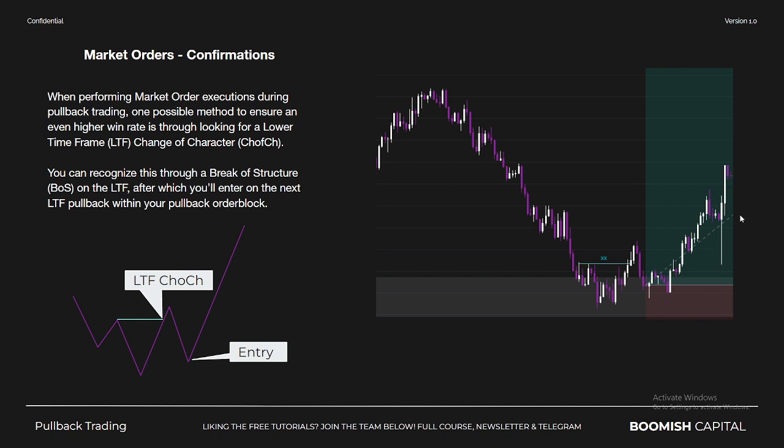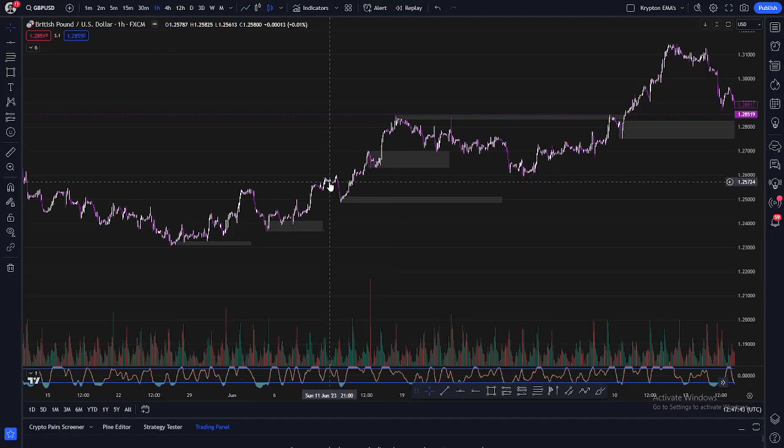You could just constantly enter on different time frames and just really size up that position with a great risk to reward ratio on this trade. So yeah, that's essentially it. Now we're just going to go into the live markets. This is the GBP USD chart, and